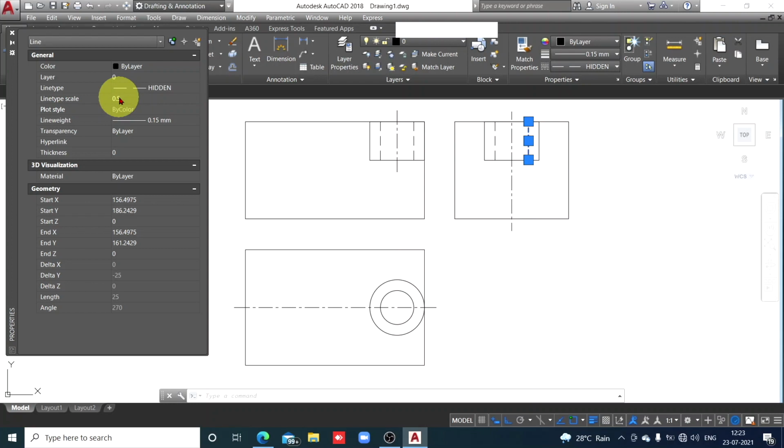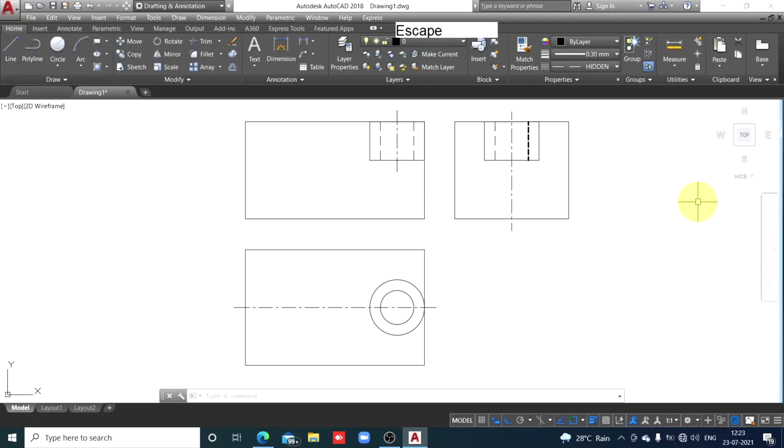Also here it is line weight 0.15. Line weight you can change from here also, but I'll make it line weight 0.3, enter. Close it. So check now here, this is the hidden line.